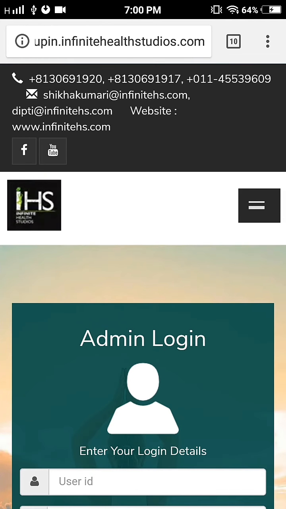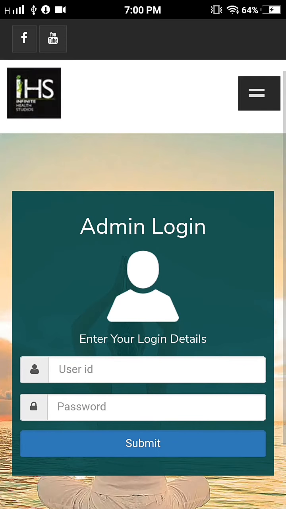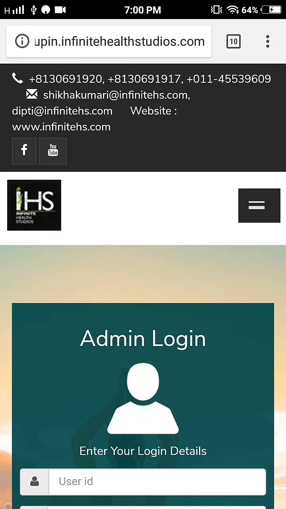Click on the icon. So this is the main page of the application which says admin login. You do not need to log in here. This login has to be used by Team IHS. If you scroll on the top, you can see certain numbers and email IDs that are displayed. These are the helpline numbers and IDs which can be contacted anytime in case if you are facing any technical issue with the usage of the application. As you can also see, there are Facebook and YouTube link for the IHS company as well.